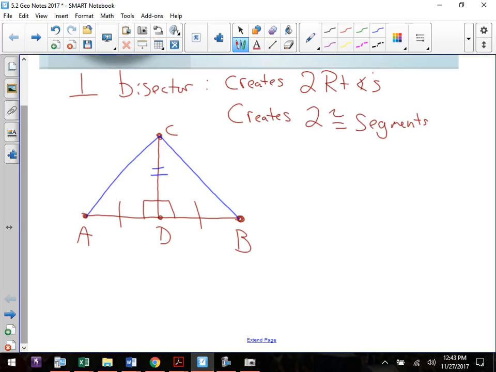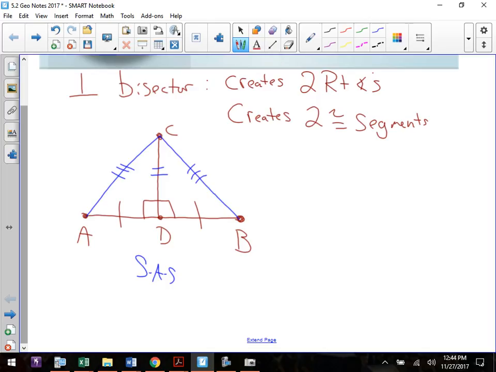That means I have two triangles that are congruent because of what? Side, angle, side. I have two triangles that are congruent because of side, angle, side. Now, by knowing that I have two triangles here that are congruent, what can I say then about CA and CB? They're equal, right? What was that reason that we would say after you had triangles congruent? Very good. Corresponding parts of the congruent triangles are congruent. So that means then,